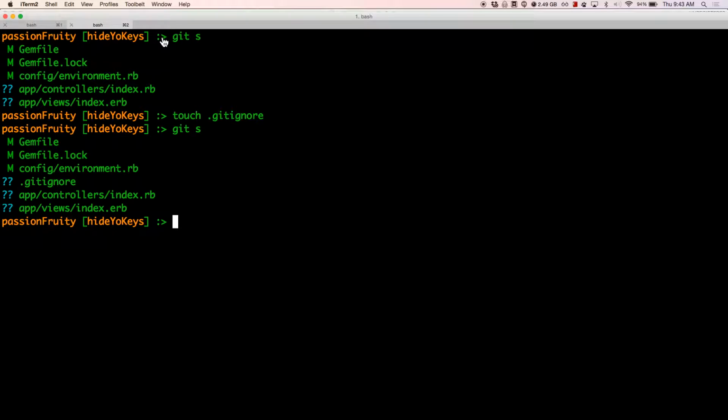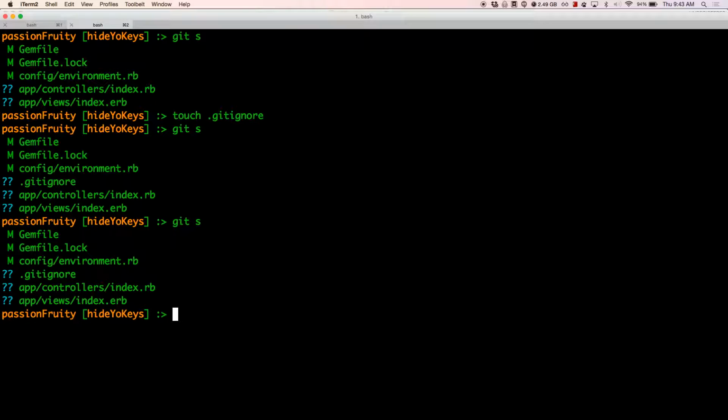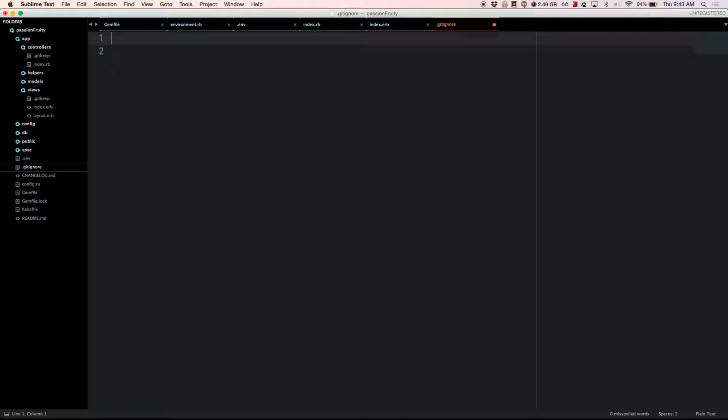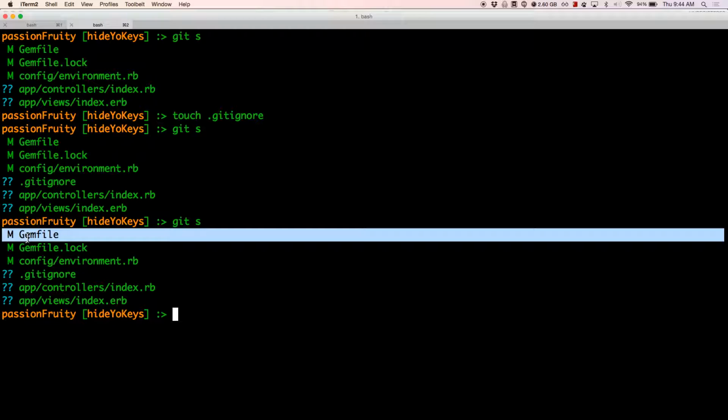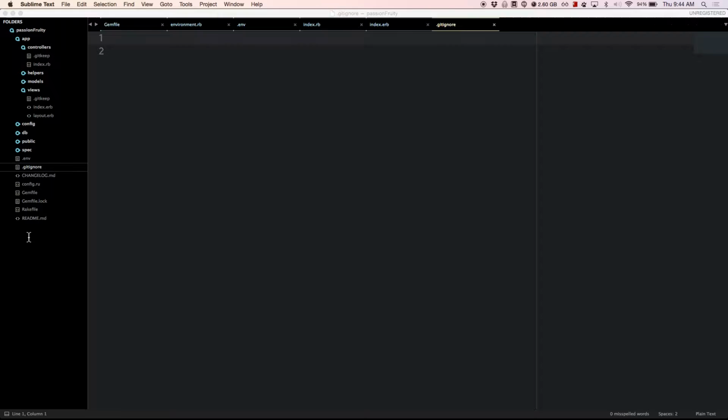Gemfile.lock maybe? I don't think that's gonna work either. You have to do the gitignore before you commit a change. Because if you commit before your gitignore, then it's going to track it. Yeah, because it's already seen this file. So why don't we create a new file and put it in the gitignore just to